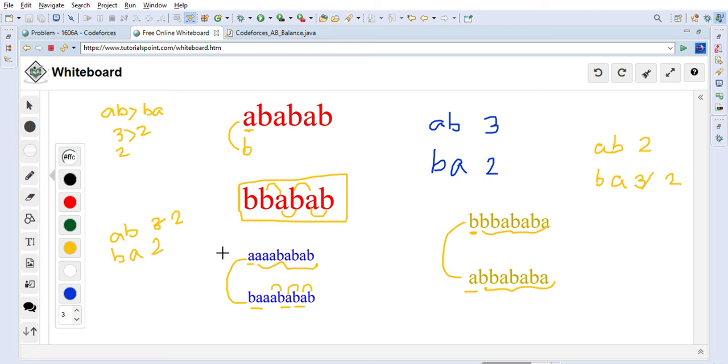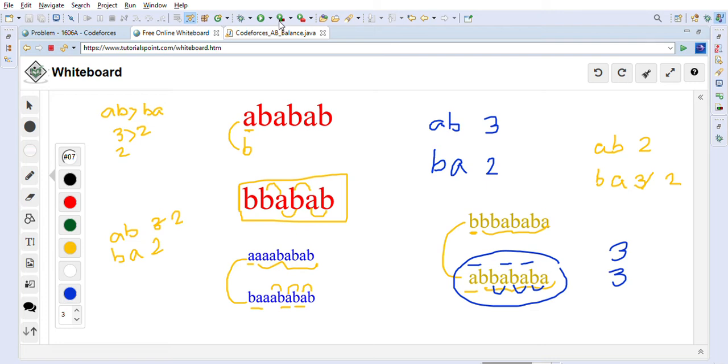So now if you count the number of AB and BA here, this one is AB, this one AB, this one AB, so there are 3 ABs, and BA is also 3. This is one BA, this is the second BA, and this is the third BA. So again the string is balanced, ABs and BAs are the same. So this is the logic to solve this problem. And this is the minimum number of changes we can make, since we just change one character. Then we have to return the resultant string as our answer.